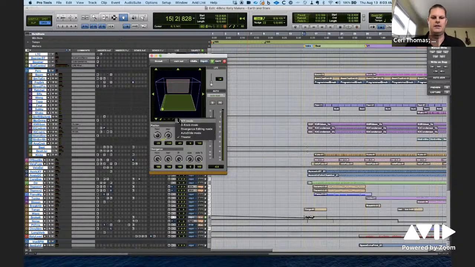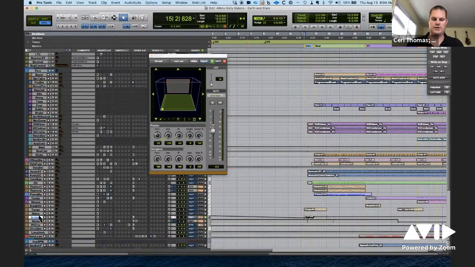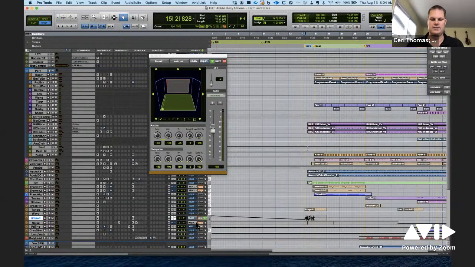By right-clicking on the mode here, we get to see theater mode, which represents where that sound is being placed in the Atmos field. Because it's got a green dot, this is actually in bed mode. So we're limited to placing sounds into these speaker channels, and obviously the panning between them. In the path here, I can also turn this into bus mode, into object mode, and you'll see